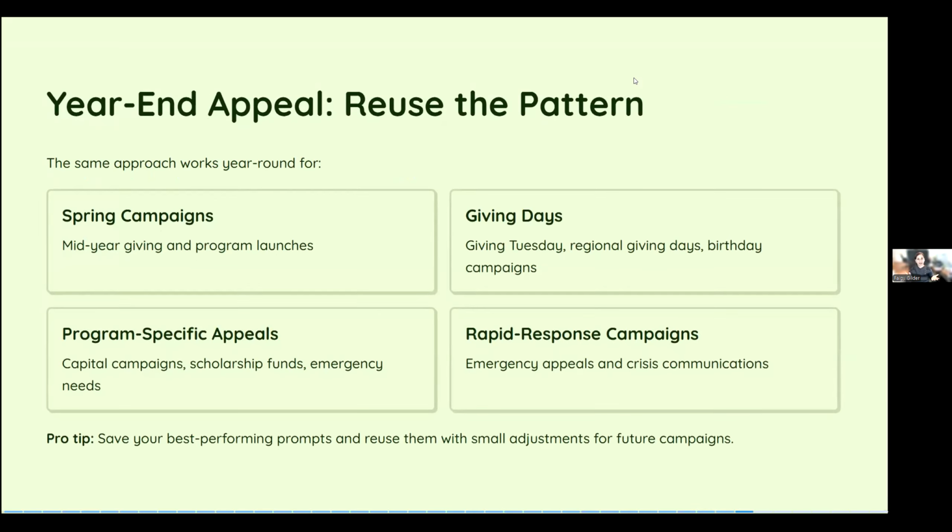Okay, the same example works year round for giving days, campaigns, program specific appeals, rapid response, any kind of campaign you're running. Use AI for cohesion and editing and getting more out of those same drafts so you can remind